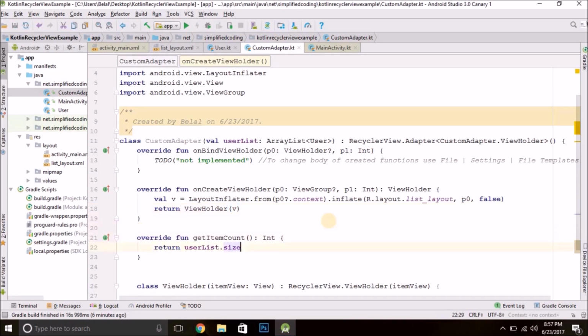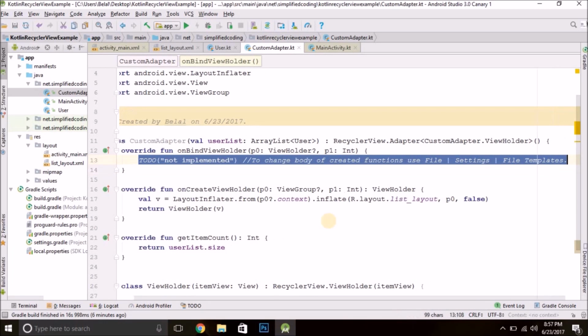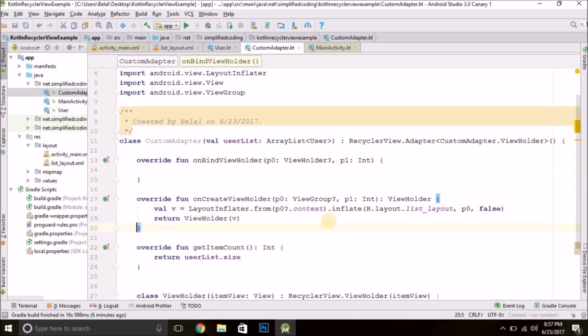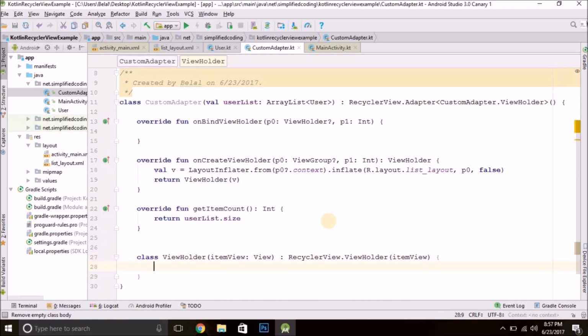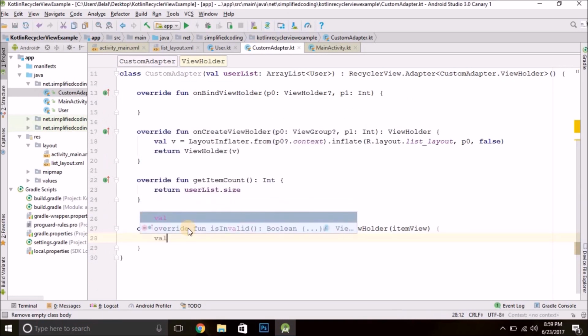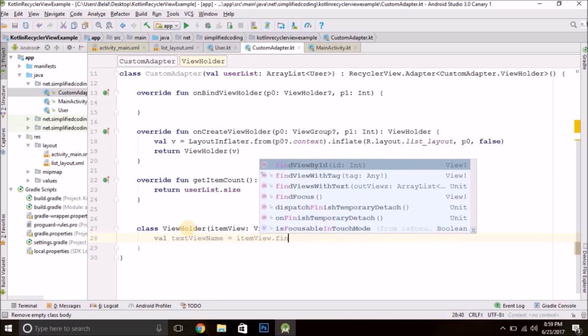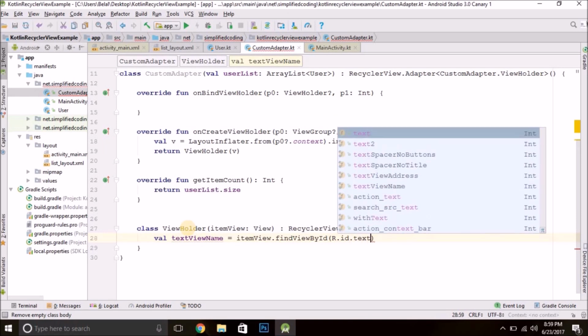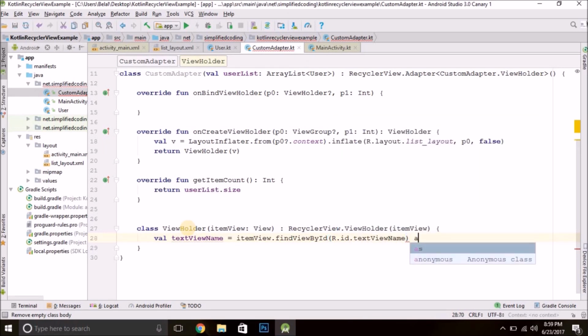That's it. Now inside onBindViewHolder we will bind the data. We will bind the data to our recycler view. So first we will define our text views here inside view holder. So we will write val textViewName equals itemView.findViewById R.id.textViewName as TextView.